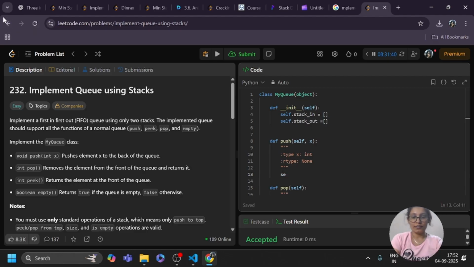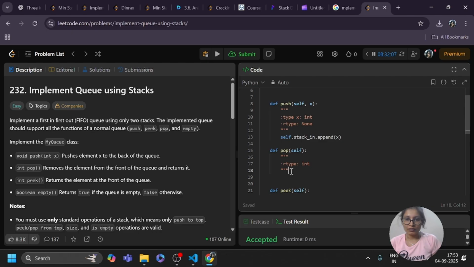So we are going to use self.stack_in.append(x). In the pop function I need to use self.move.